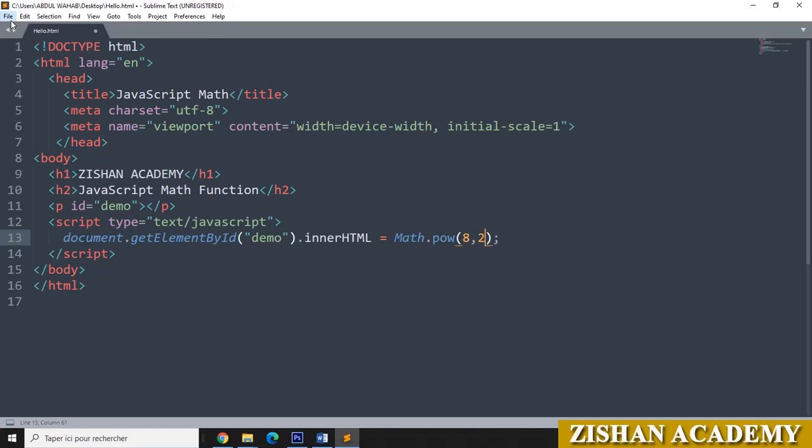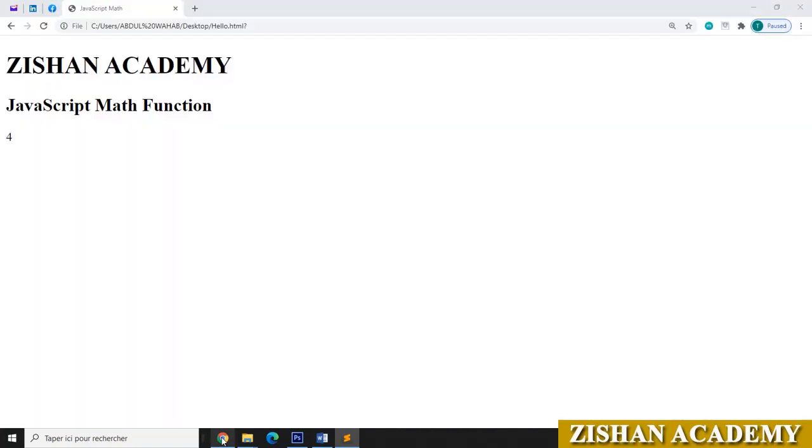We'll go to the file, save the file. Now we will see the power of 8. Refresh the browser. You can see that we got 64, that is 8 times 8 equals 64.